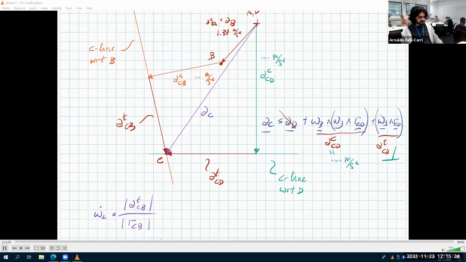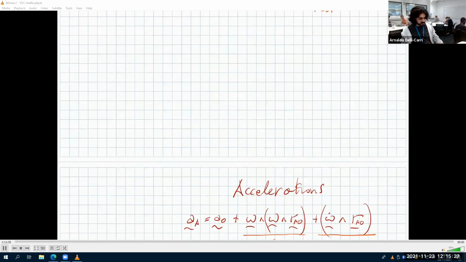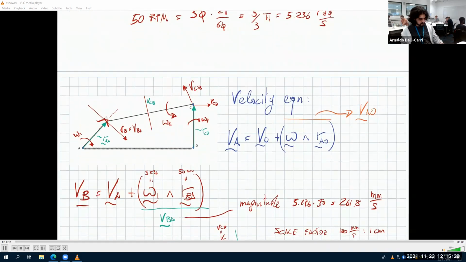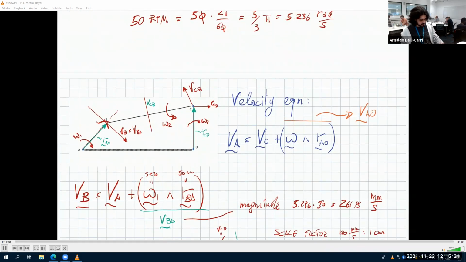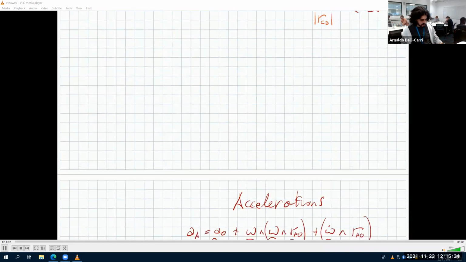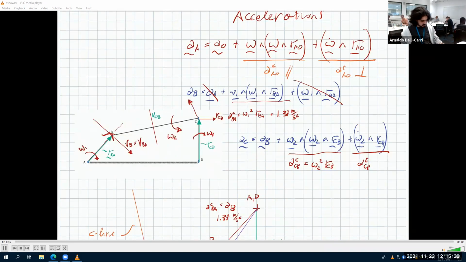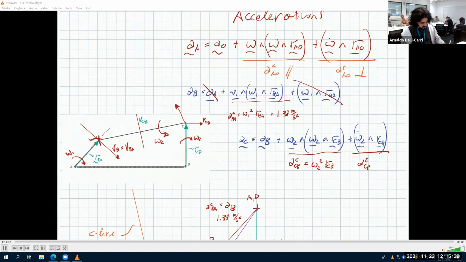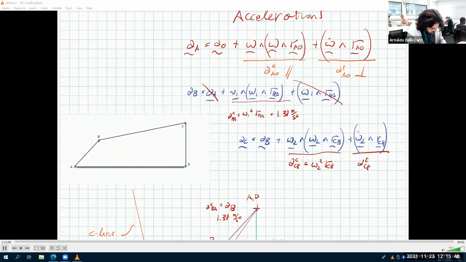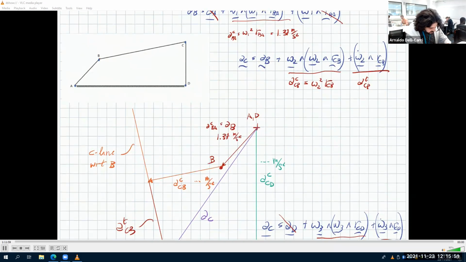So look at ATCB. ATCB is going like that. So let me copy this and paste it here. So ATCB, that means the tangential acceleration of C with respect to B, as if B was fixed,